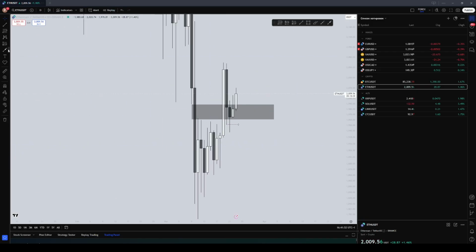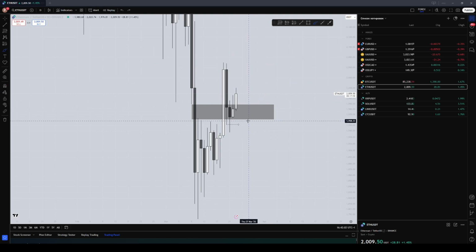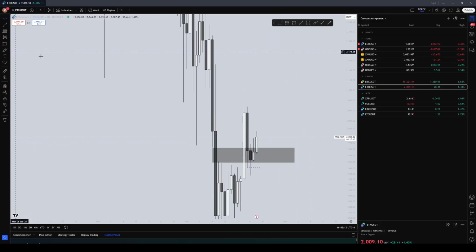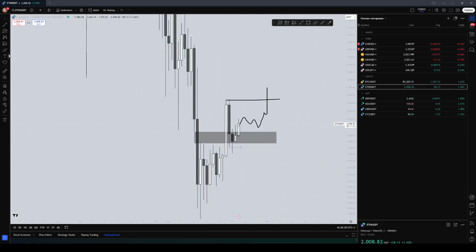On Ethereum, for me, the same scenario probably as on Bitcoin. So price could go lower for this liquidity and continue long from there. Sorry, that is the first possible scenario. The second one is that price will just ignore it and will continue short, because it's also possible. The other scenario is continuation of the long inside the local trend, liquidity collection of a pretty weak high, and continuation of the short from there. I mean, maybe not continuation, yeah, but a short move from there.